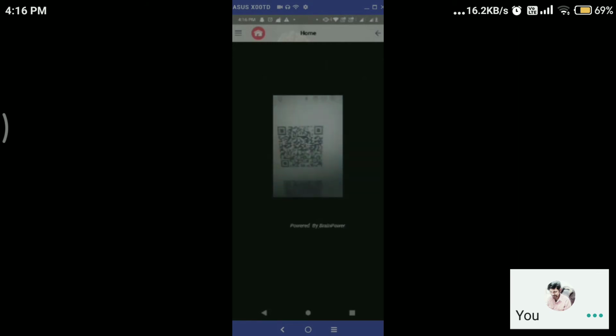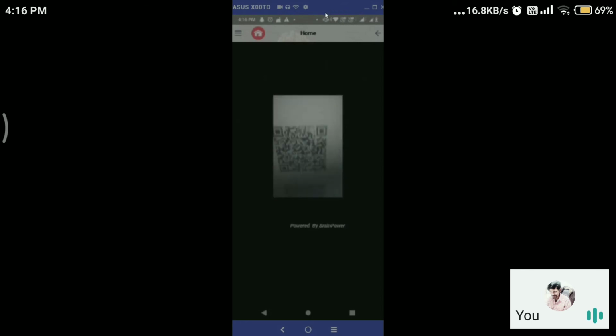So here I will scan the QR code. Sanjot, just go a little slow, don't go too fast. My screen is visible. Your screen is visible, so you scan the QR code now.